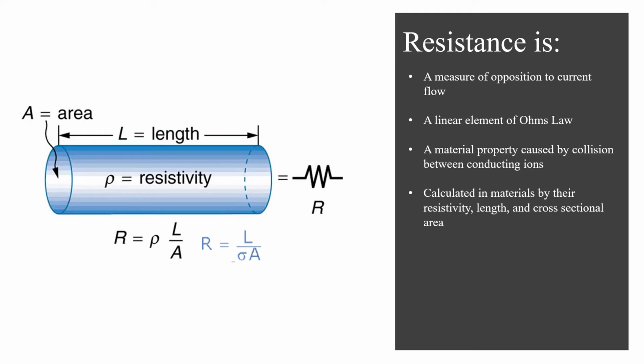Resistance in a material is calculated using the length divided by the area multiplied by the resistivity. Another way of doing it is using conductivity, as conductivity is the inverse of resistivity. This equation shows that as a uniform material's length increases or area decreases, the resistance of that component increases, reducing